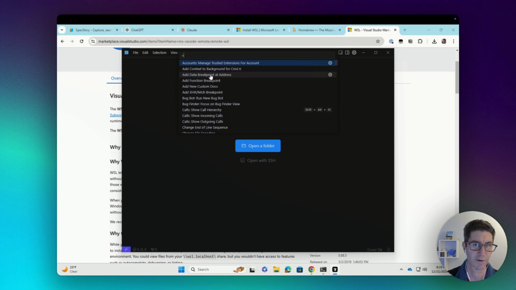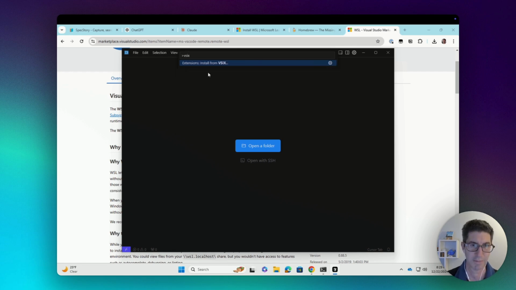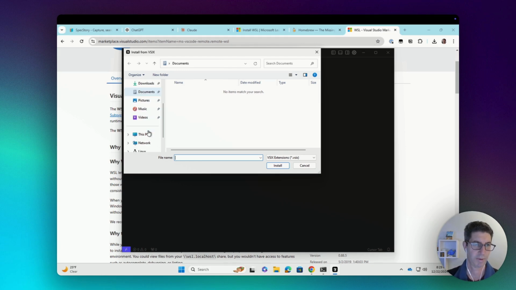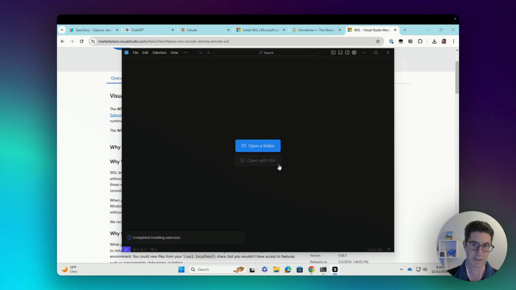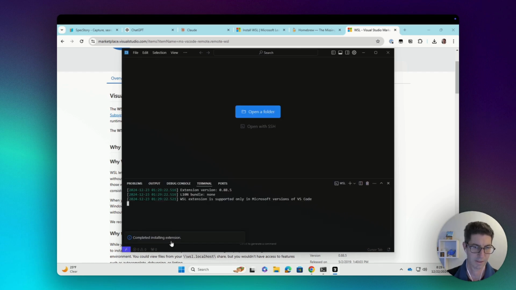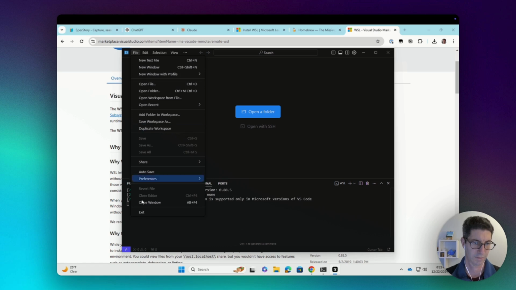What you actually want to search for is VSIX, the name of the type of extension: Extensions: Install from VSIX. So that command is going to pop open a file browser. We go to what we just downloaded from the marketplace, that VSIX extension. We hit install, and there it is. But you see here, WSL extension is supported only in Microsoft versions of VS Code, and we're using a Cursor version of VS Code. So there's just one more step that we need to take, which is we'll exit out of Cursor,